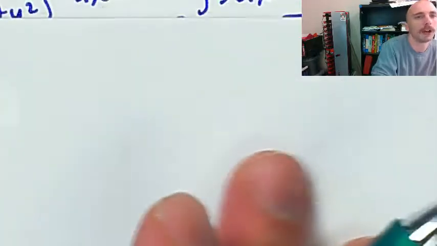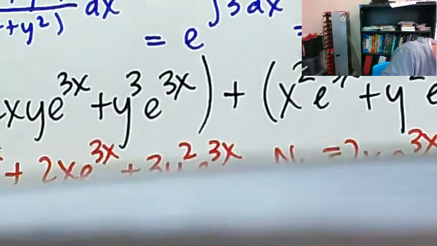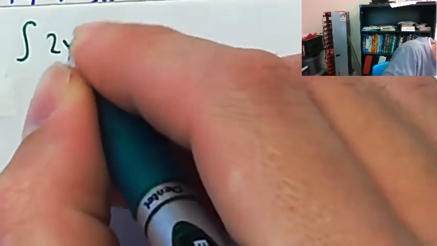Now I'll probably do that. I'll do that one by hand. How about that? I mean, I'm not scared of doing integration by parts multiple times. I just don't think it's worth you watching me do on this video. So what was it? It was 2x e to the 3x